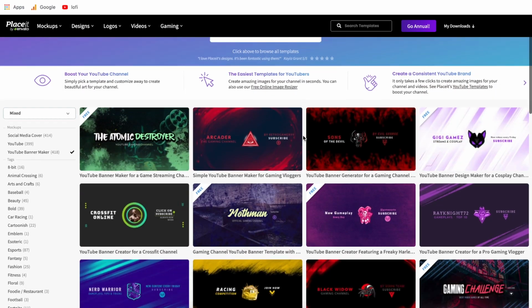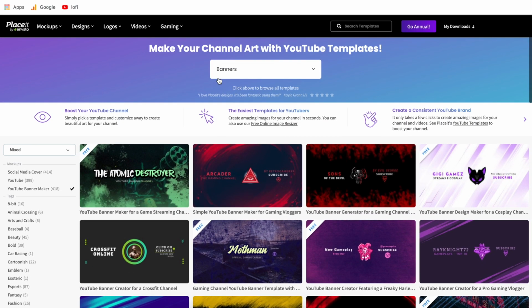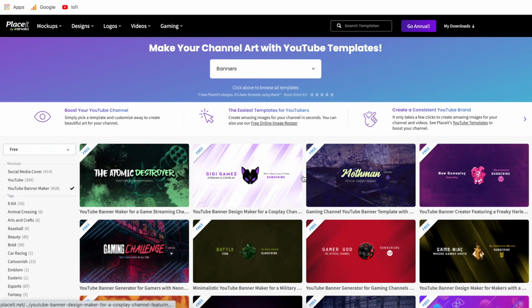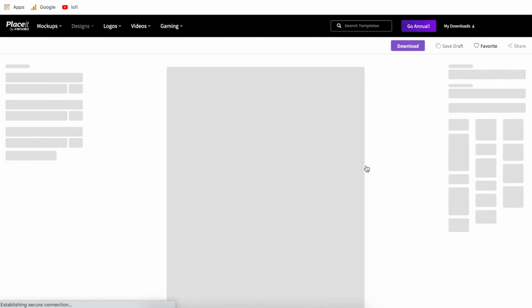Now, a little trick that you can use, the best way to find all of the free templates, if that's what you're looking for, is sort up top what you're looking for, and then come over to the left side, switch it to free, and it'll show you only the free templates. Real quickly, I want to show you, if we do go into edit one of these templates, a cool little trick.